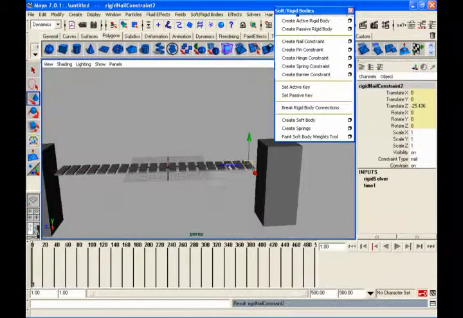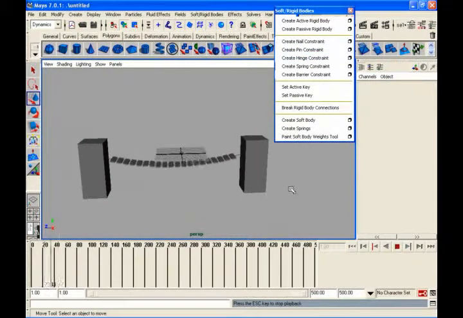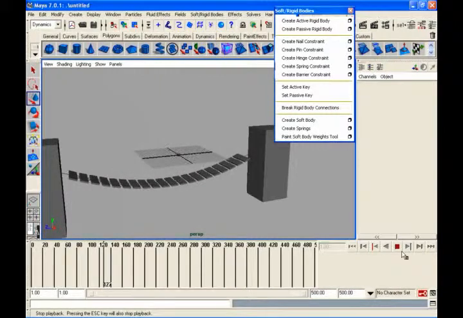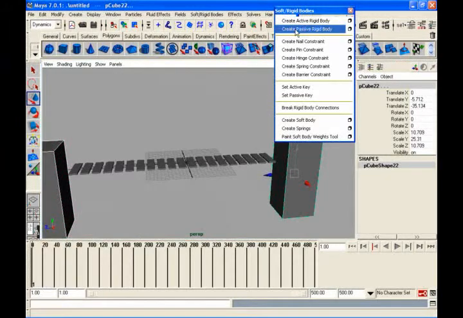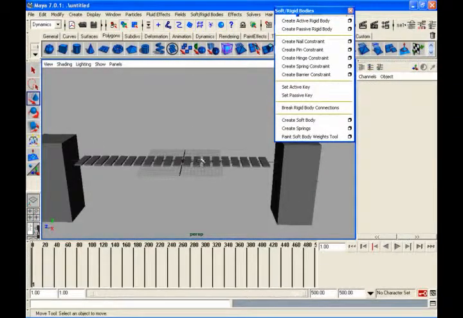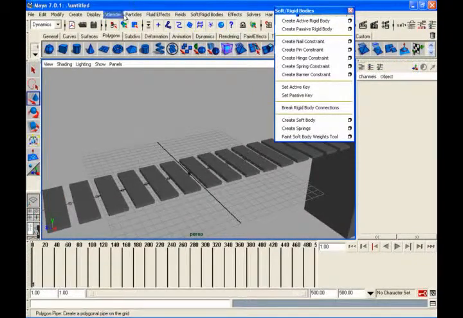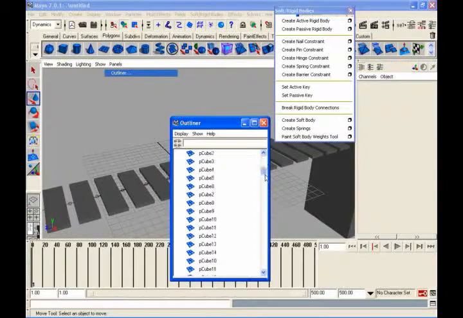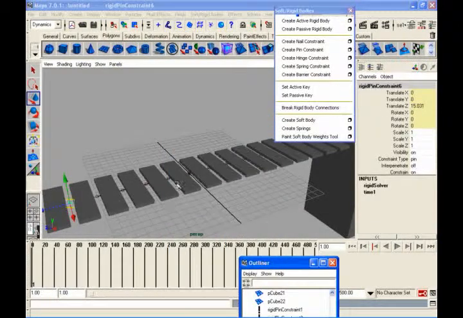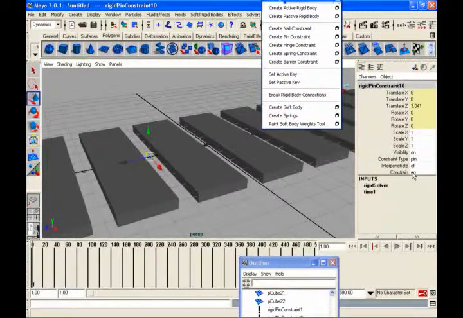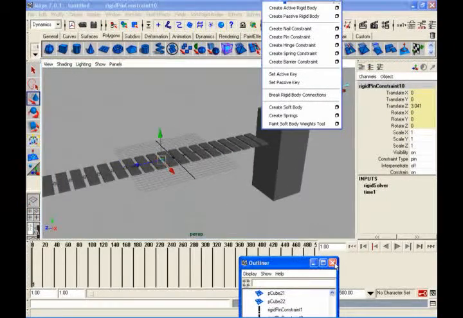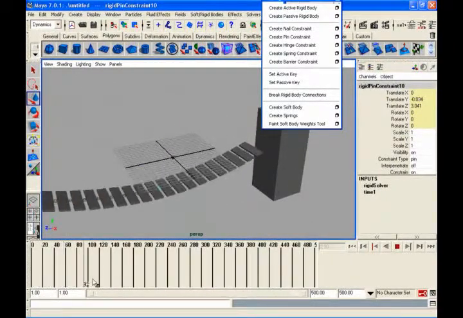Because I have flexibility, if I say these two are passive bodies once again, and I want to make this bridge break from the middle and hit these walls, okay? So anytime, if I select any of these constraints, which are pin constraints, I want to break it from where, just select that constraint. You will get a menu here, constraint on and off. So anytime you can turn it on or off. So very simple. To key it, you say after 120 frames I want to break it from there, key selected, next frame you turn it off, that's all.